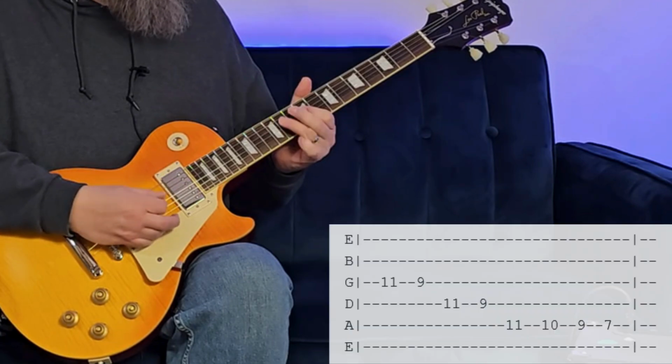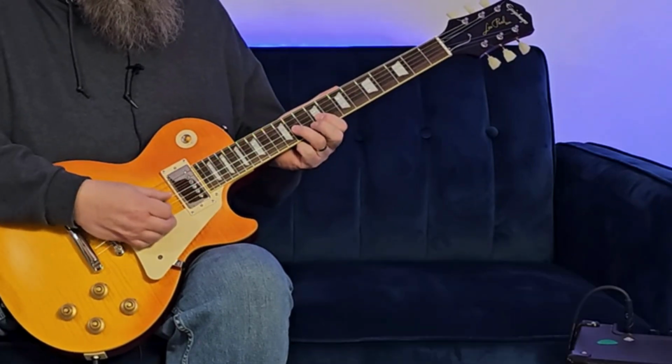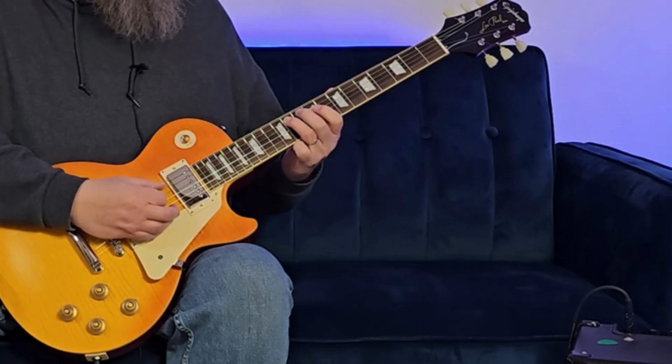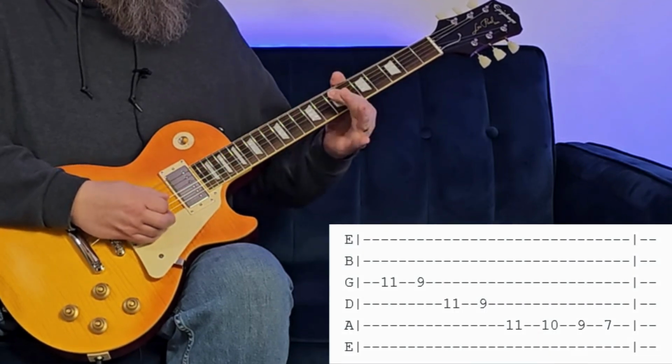So we have the open E to the F sharp, the A to the F sharp, open E to the F sharp, A to the F sharp. We do that twice, and then we have the second fill, which is this. And that is just 11-9 on the G, 11-9 on the D. And then when we get to the A, we're going to go 11-10-9-7. And then we're right back into the...